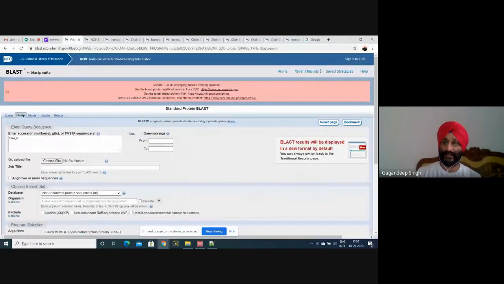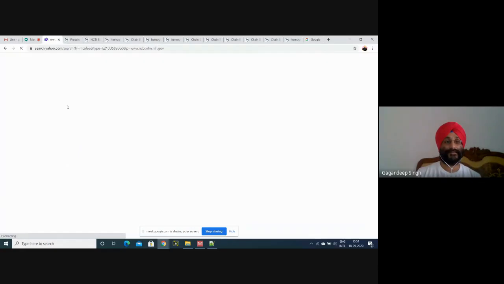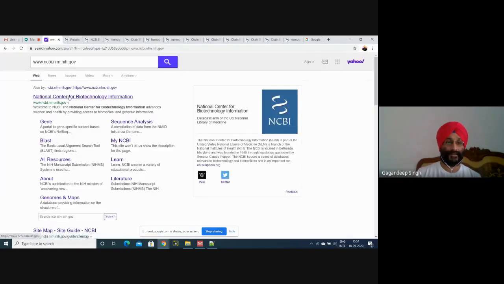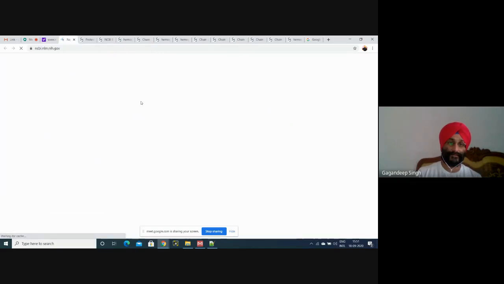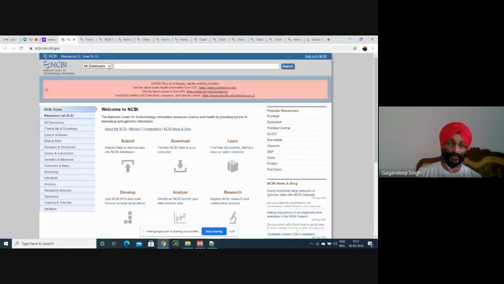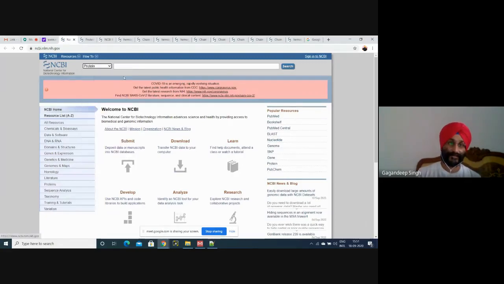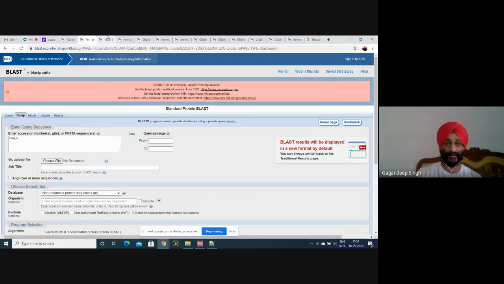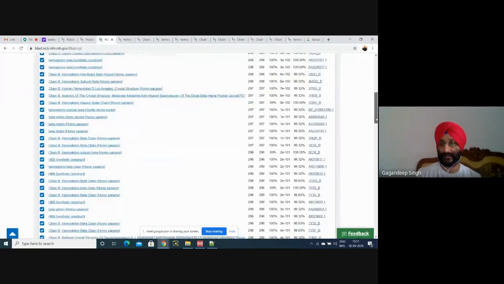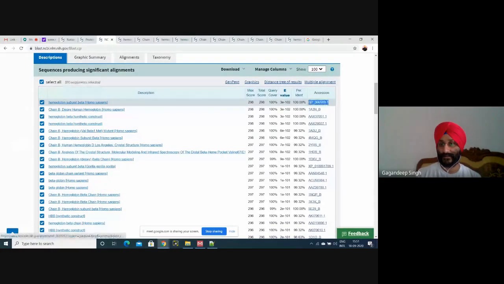go to NCBI. These are the protein sequences. Just put the ID here. The first ID is this accession number.